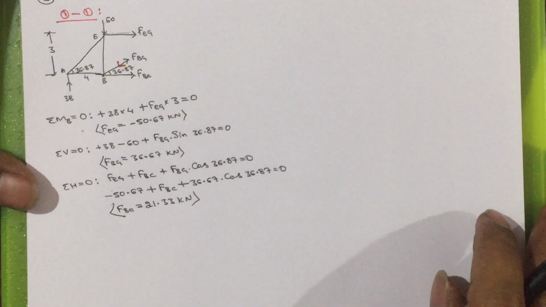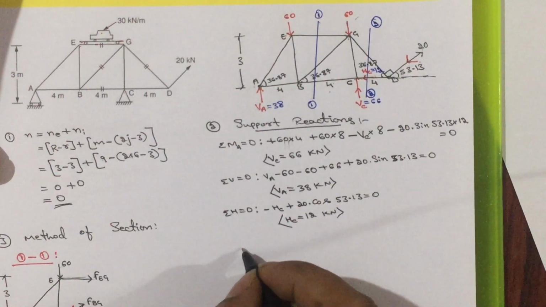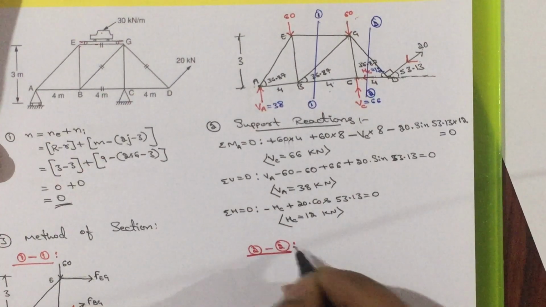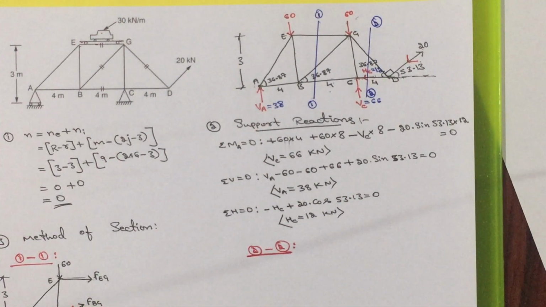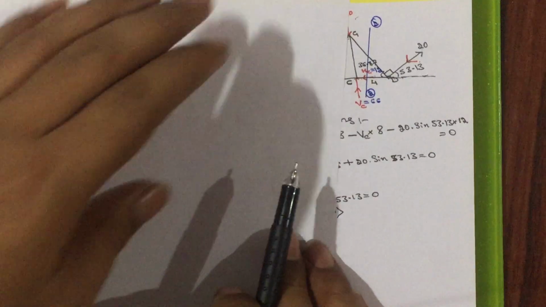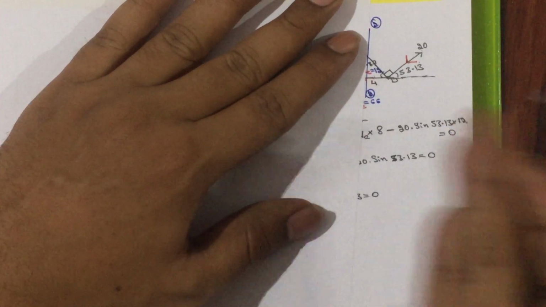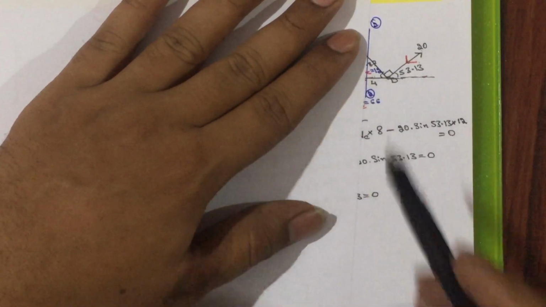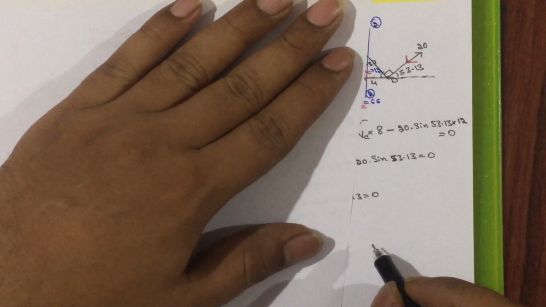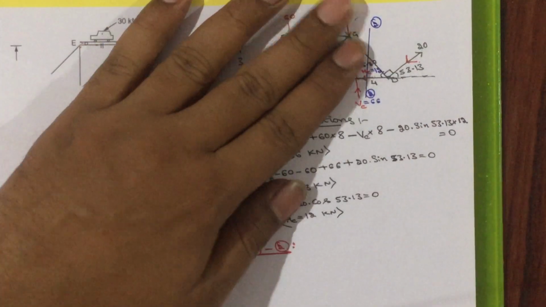Now, take the section 2. Which side you are going to consider? This is the section 2. I am going to consider the right hand side of the section. Whatever I am seeing now, I will write the same thing here. So, I will write it for your convenience. I am covering this one, you will come to know. Only this part you need to write it. So, it will become